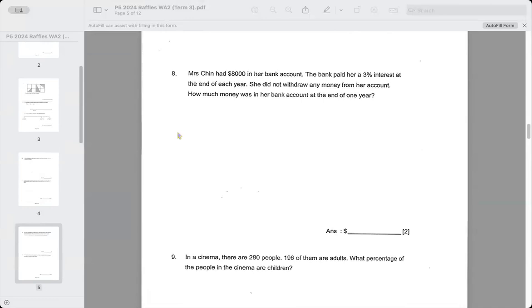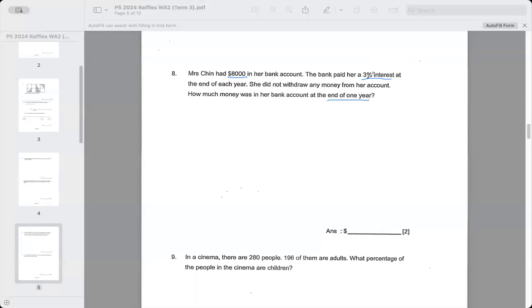Mrs. Chin had $8,000 in her bank account. The bank paid her a 3% interest at the end of each year. She did not withdraw any money from her account. How much money was in her bank account at the end of 1 year? Okay, so for this, Mrs. Chin had originally $8,000. The bank paid her 3% interest, okay, at the end of each year. So the question wants us to find how much money at the end of 1 year, meaning she already received